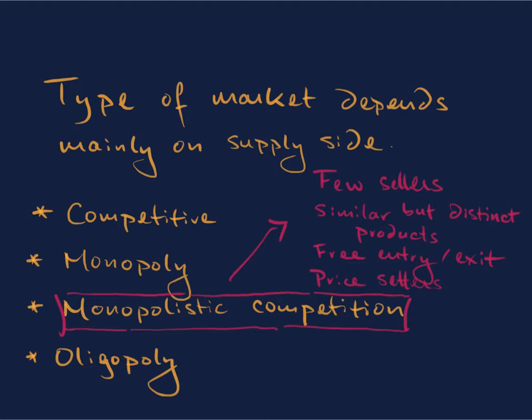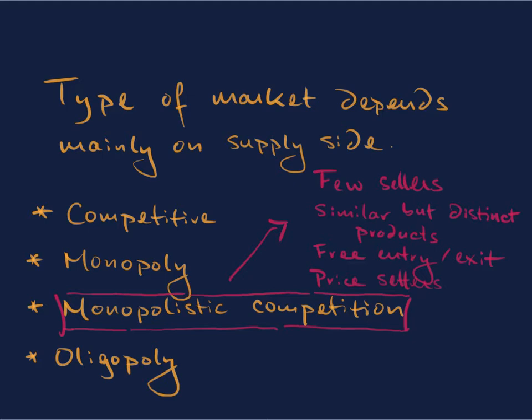One is monopolistic competition. In a market with monopolistic competition, there are a few sellers, and the firms sell distinct, like unique goods, but they are somewhat similar and they compete with one another. So that might sound contradictory, but think, for example, of the market for smartphones. Apple sells smartphones, and Apple sells a unique product. Samsung also sells smartphones, and Samsung has a unique product. So those two smartphones are not perfectly identical.